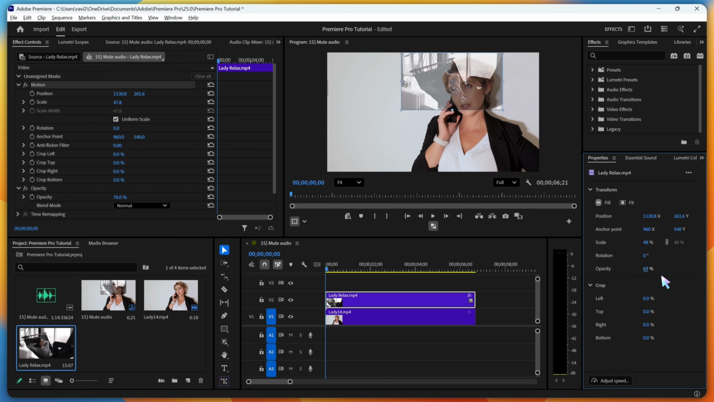This method gives you precise and predictable control over transparency and is the correct way to handle opacity in Premiere Pro. This is commonly used for overlay effects, reaction videos, watermarks, and that's it. You now know how to make a clip transparent using opacity in Adobe Premiere Pro, using the correct and modern